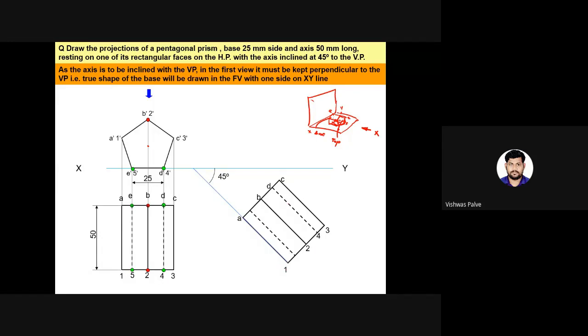After redrawing the same object and renaming the points, this next step is very important. Take the vertical projections of all the various points: A, E, B, C, D, right? Take vertical. Then similarly 1, 2, 3, 4. You have to take vertical projections from each and every point in the stage 2 top view. After that, from the stage 1 front view, take the horizontal projections.